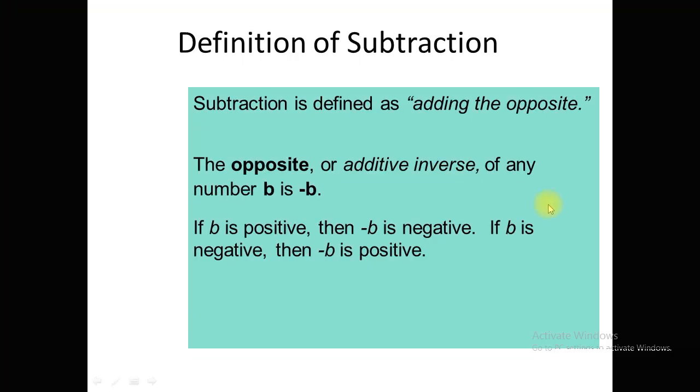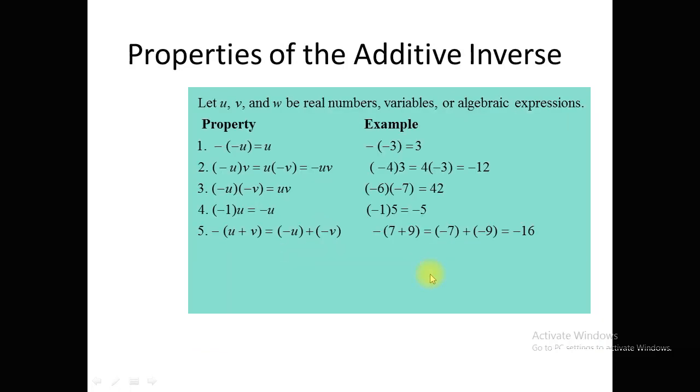Now, the definition of subtraction. Subtraction is defined as adding the opposite. The opposite, or additive inverse, of any number b is minus b. If b is positive, then minus b is negative. If b is negative, then minus b is positive. Now, properties of the additive inverse. Let u, v and w be any three real numbers, variables or algebraic expressions. Then to define this property with an example,